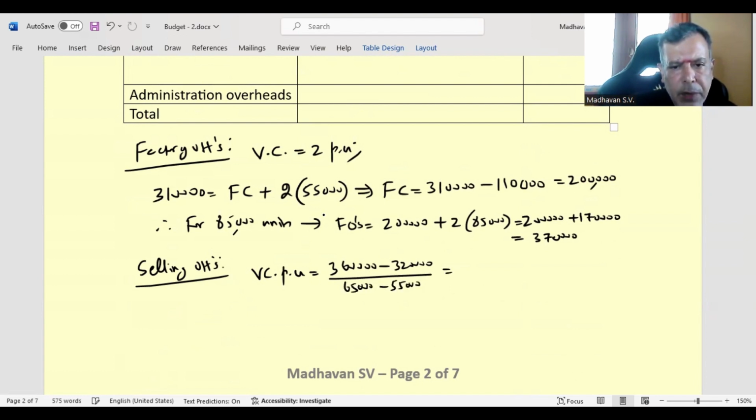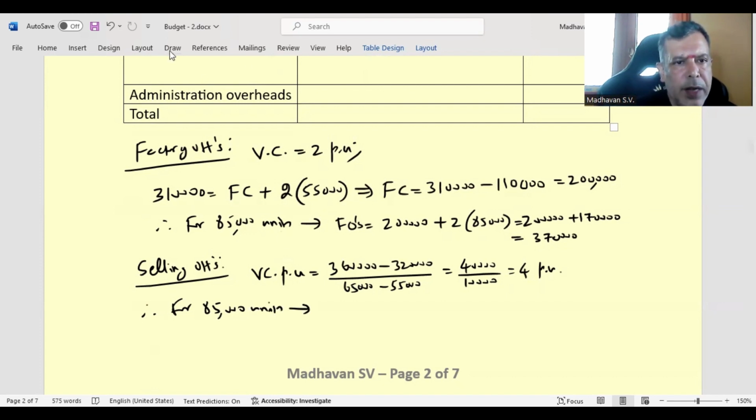So this numerator will give us 40,000. Denominator will give us 10,000. So we get 4 per unit. Therefore, for 85,000 units, we will have